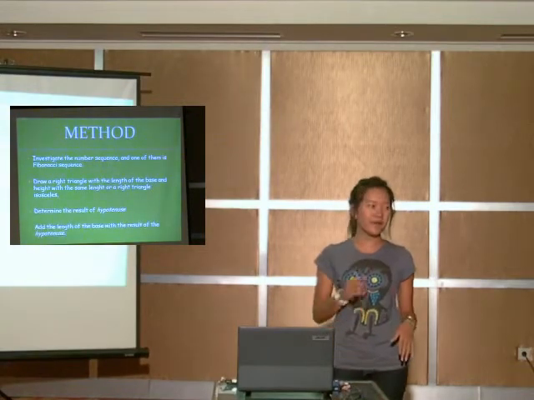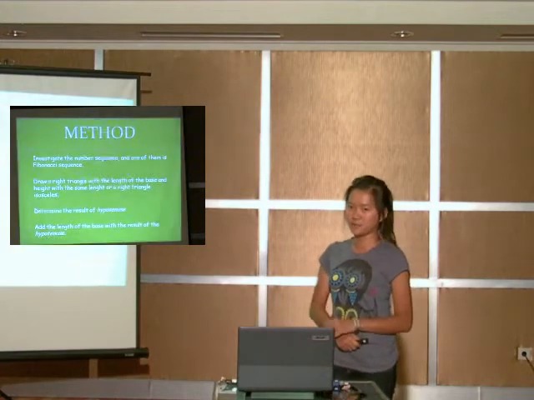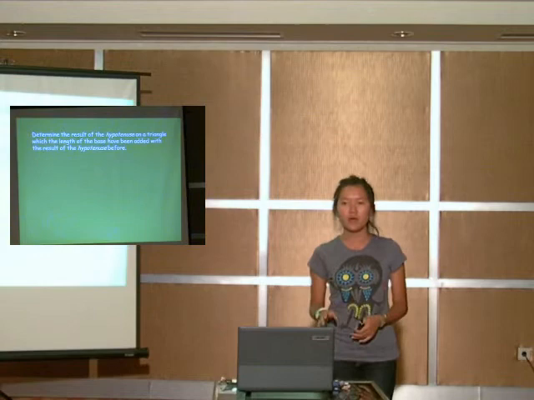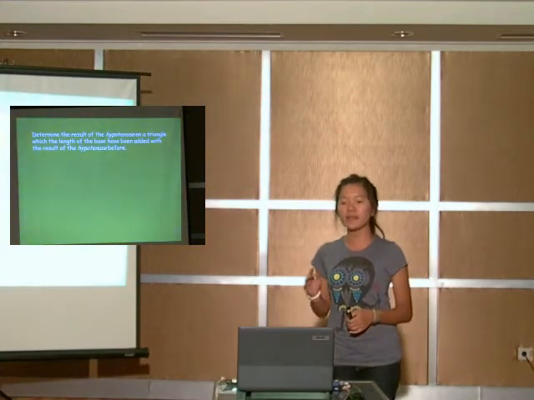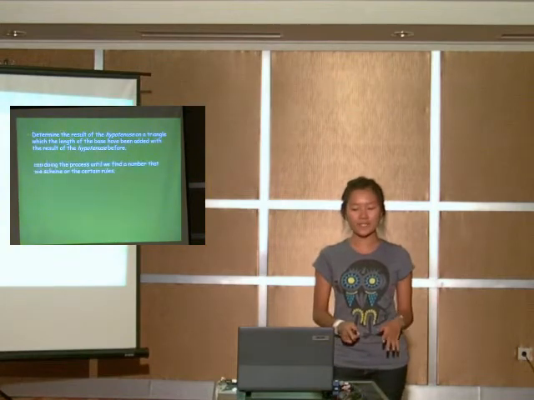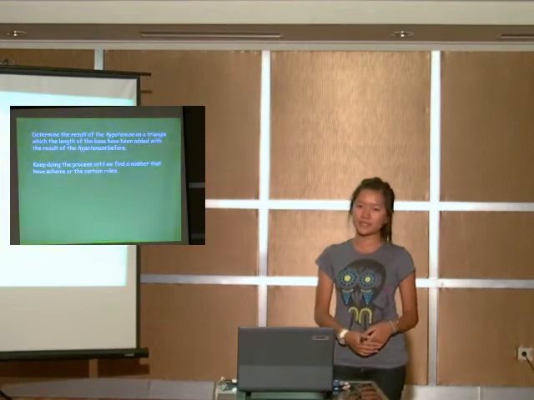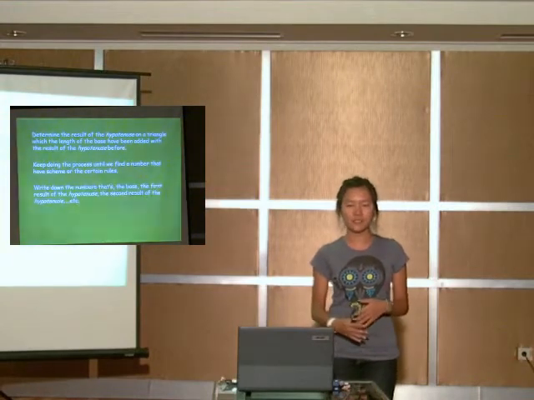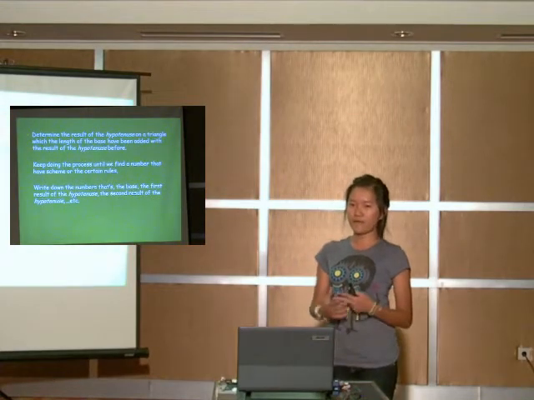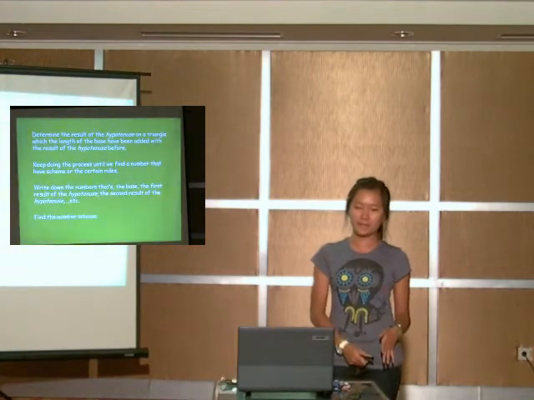And then, you have to add the length of the base to the first result of the hypotenuse that you found. And then you have to determine the second hypotenuse with the length of the base that has been added to the first hypotenuse. You have to keep doing the process until you find numbers that have a certain row or a certain sequence. You will get a lot of numbers: the base, the first result of the hypotenuse, the second hypotenuse, and so on. And you will find the number schemes.